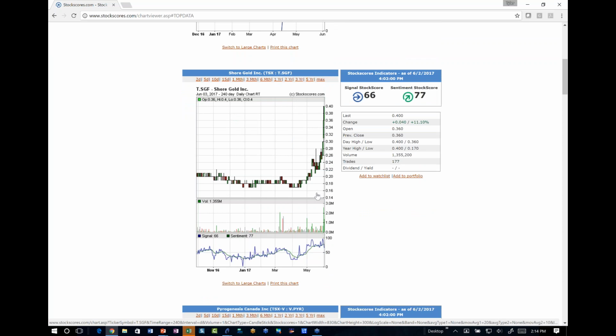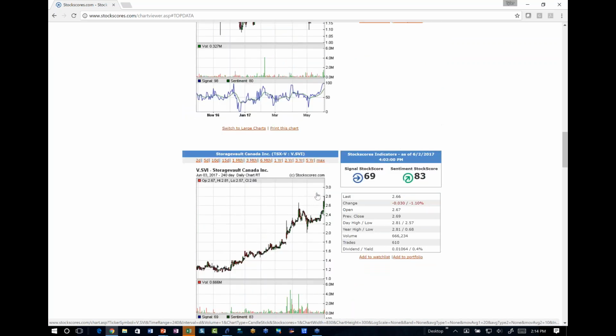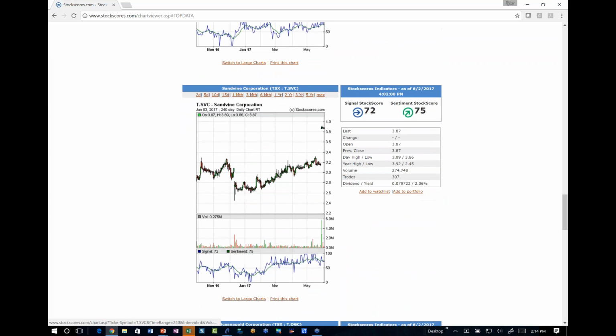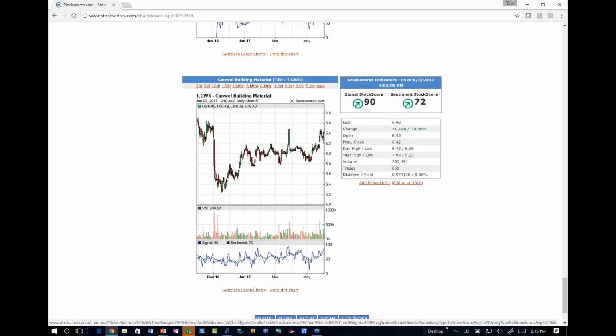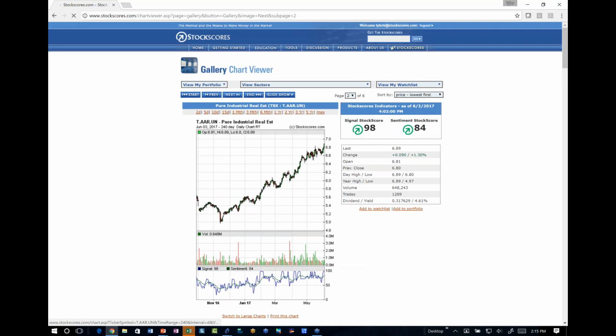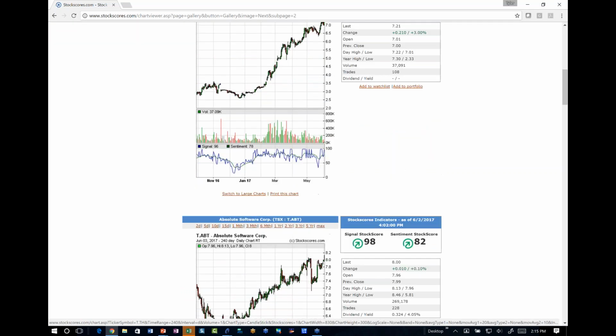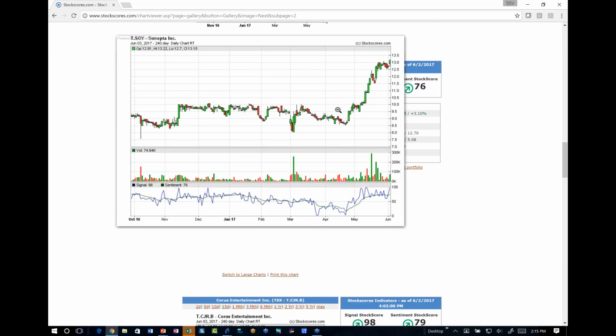Okay, so I always look for time frame confirmation. If I see a good daily chart, let's see if I can find another one here. That one's pretty good, but not great. Then I'll take a look at the weekly time frame for confirmation. So we'll be practicing this next week. SunOpta was a good daily chart back right here where I'm circling. Hopefully you can see that. Let me actually get a tool where I can draw this.